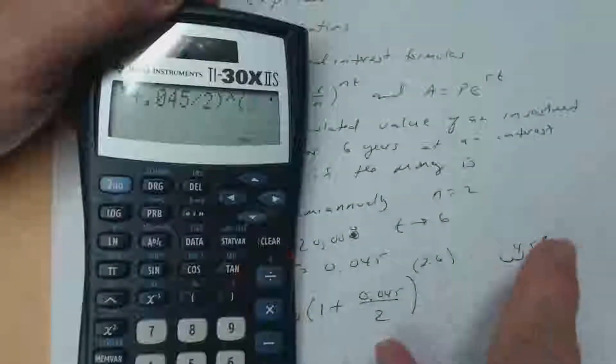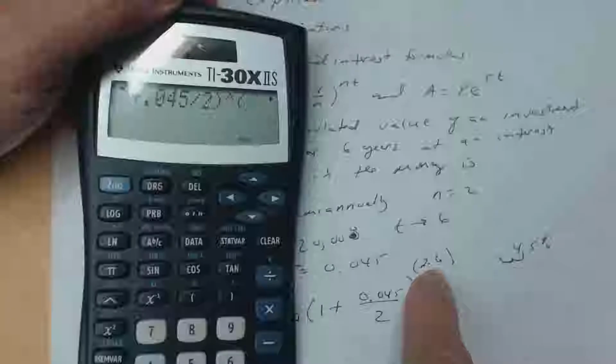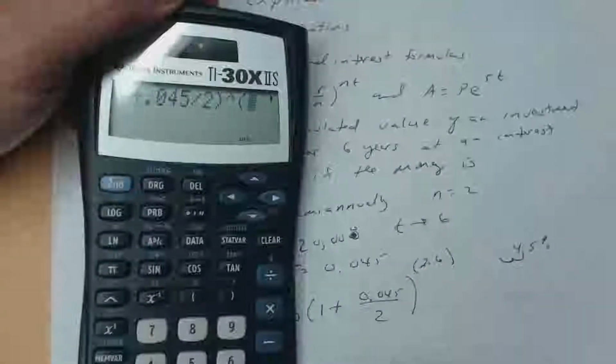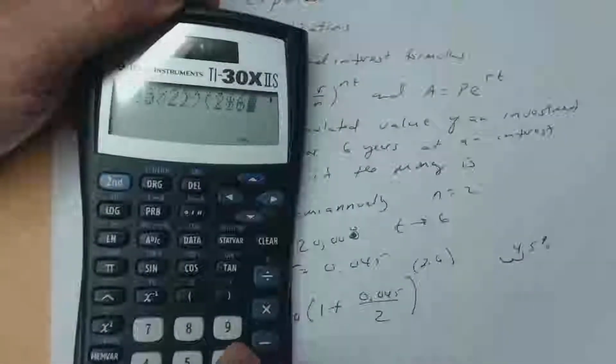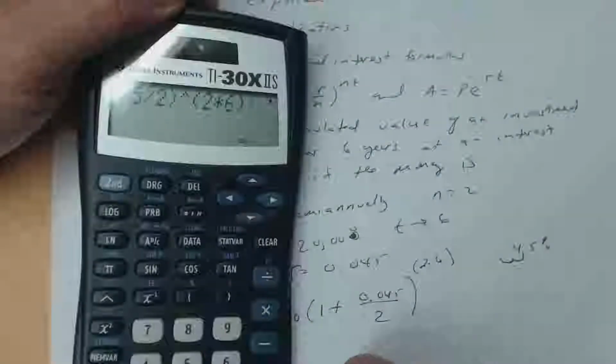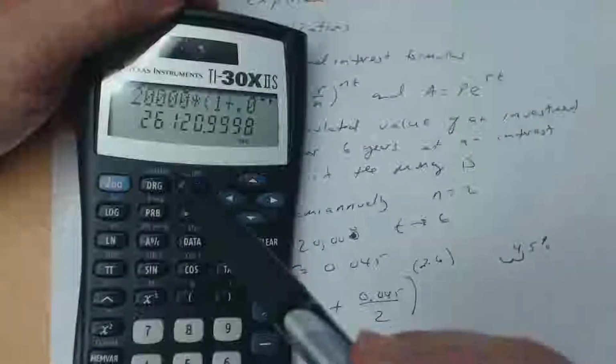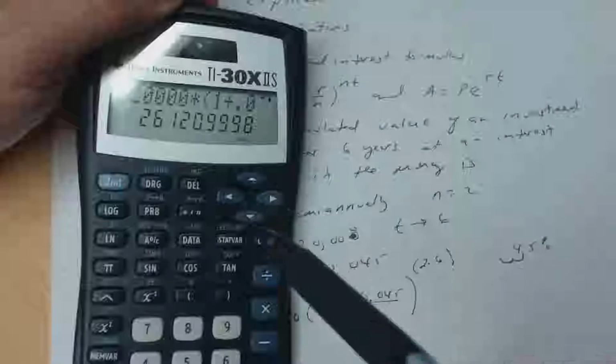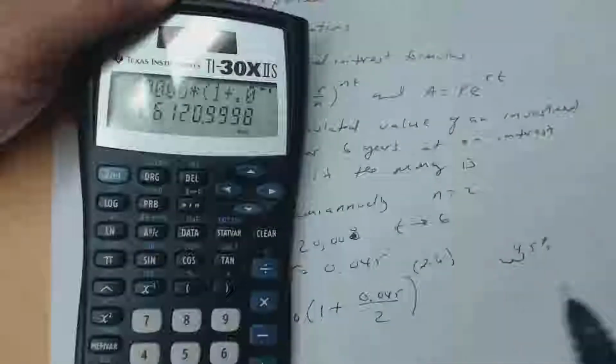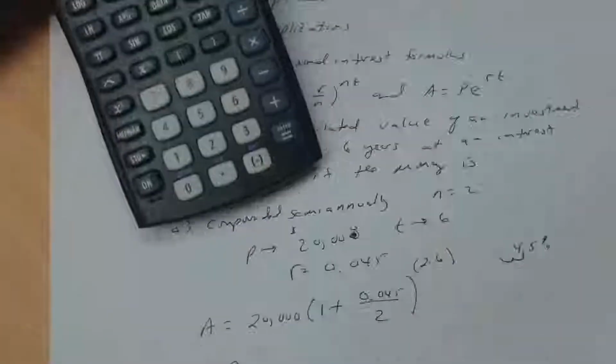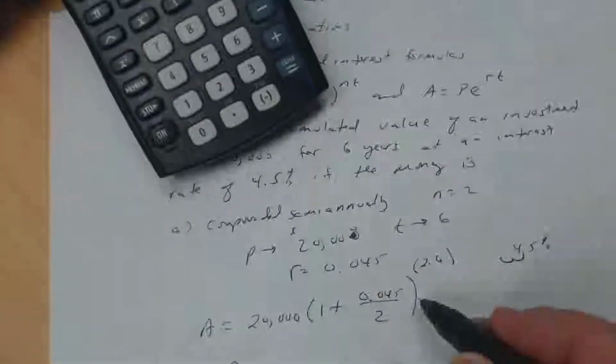Even though it's 12, let's just do times 6, because you could have some decimals here. Close the parentheses, and then press equal, and that's how much this account's worth after 6 years. So A would be approximately equal to